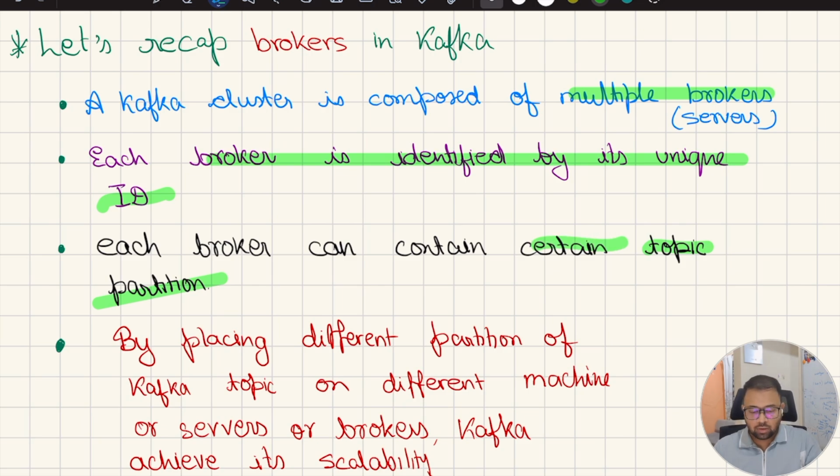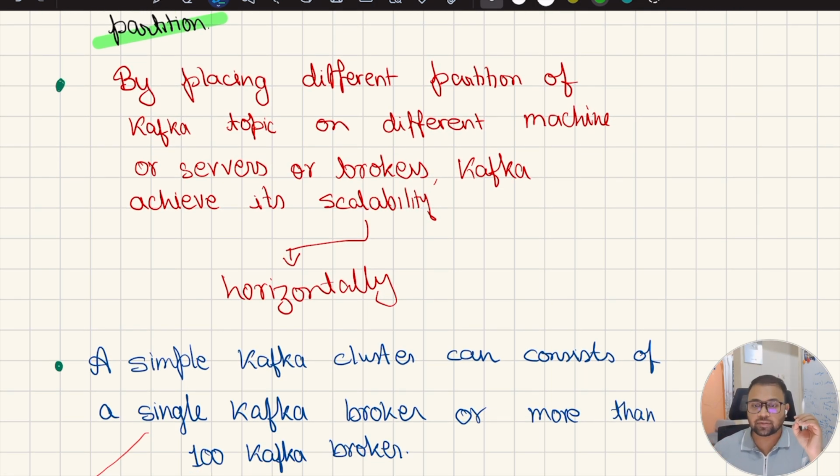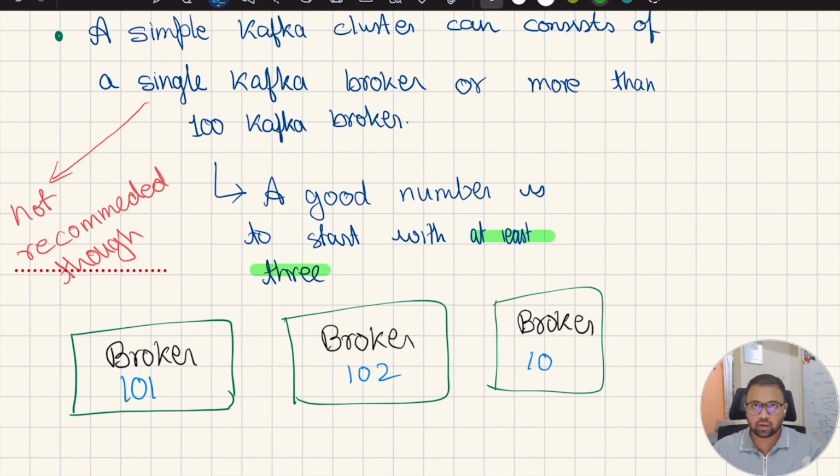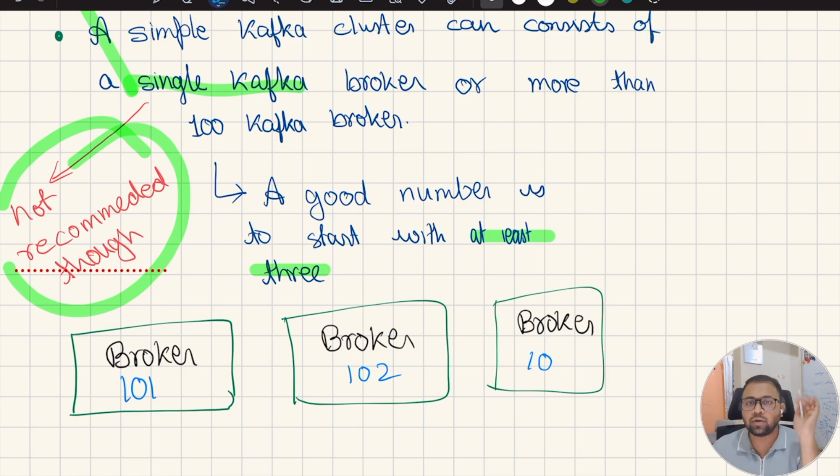Cool. By placing different partitions of a Kafka topic on different machines or servers, Kafka gets scalability. We have discussed this again, and I'm repeating it again and again because it is highly asked in interviews: how can you scale Kafka horizontally, and which factor determines scalability? It is the partitions of a Kafka topic. Perfect. A simple Kafka cluster can consist of a single Kafka broker or more than 100 Kafka brokers. Well and good. I've also told you that in a production use case, it is not recommended to have only one